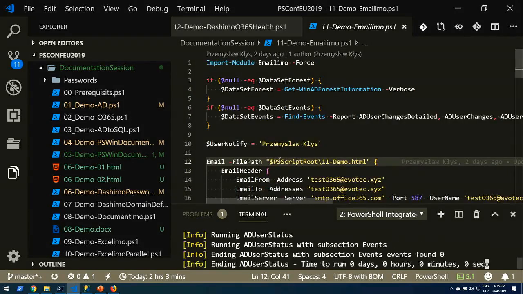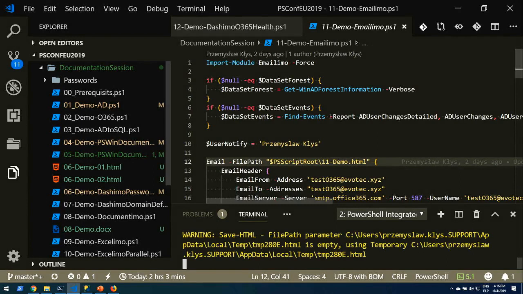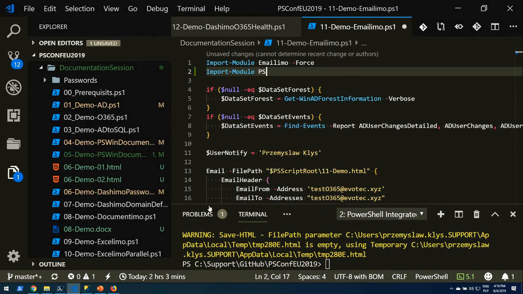So if we send this email, there's actually another module in play. It's called, let me add it quickly, PSWin reporting v2. This PowerShell module delivers this command, find events. And this find events